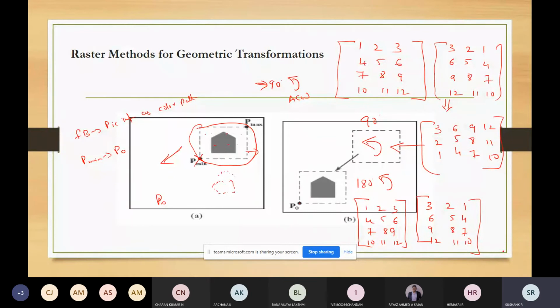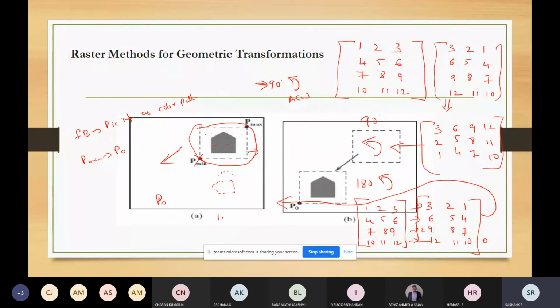The same methodology which we followed for the first case. After this, you just need to reverse the order of the rows. Though there we were converting rows into columns, here you just need to reverse the order. So row 0, row 1, row 2, row 3: 3 will become 0. It is like the last one will come at the first and the first one will go at the last.